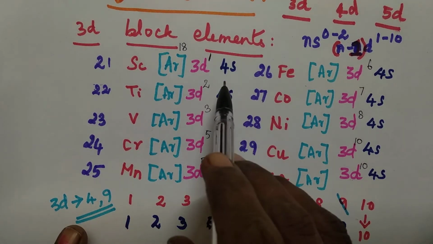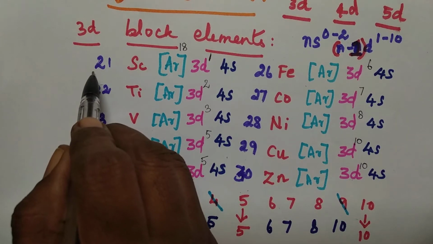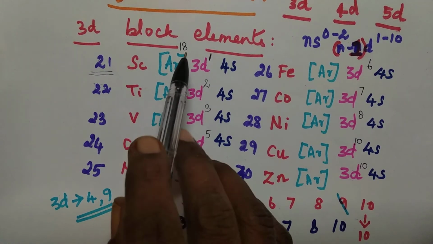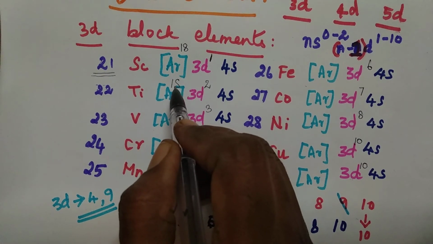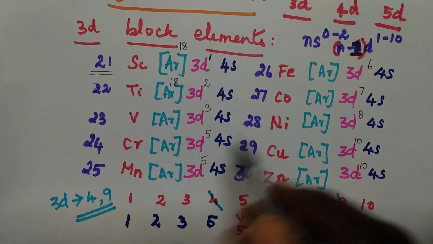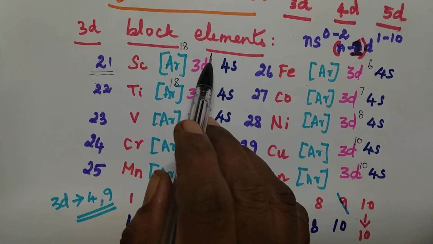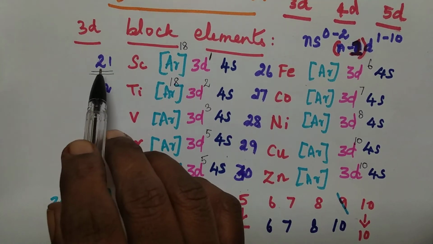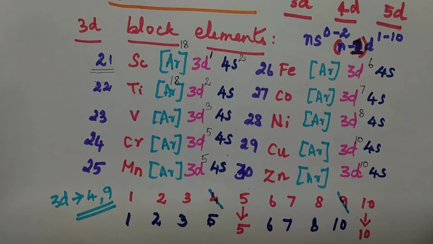Now we'll go with the 4s. For writing 4s, what you need to do: you know the number of electrons in scandium, that is 21. So you just add it up: argon is 18 always, okay, 18 electrons. So please note down that for argon it is 18. So add that 18 plus 1, what is that? 19. Then minus that 19 from 21. So 21 minus 19 is going to be 2. So the 4s shell is going to have 2 electrons.